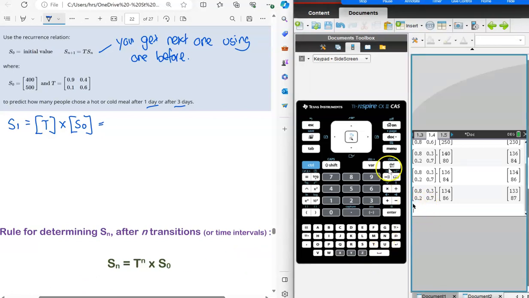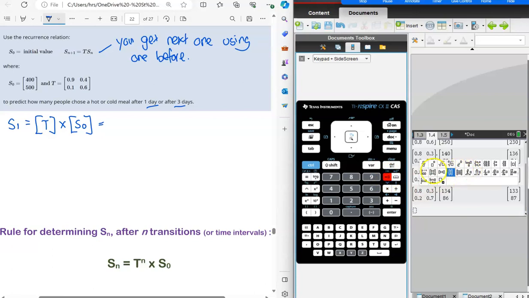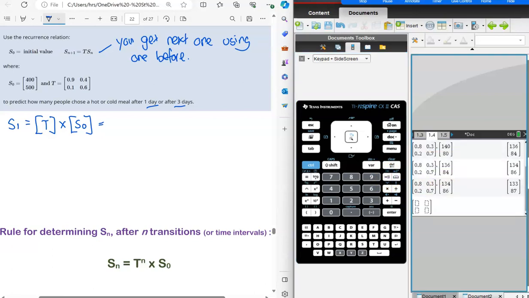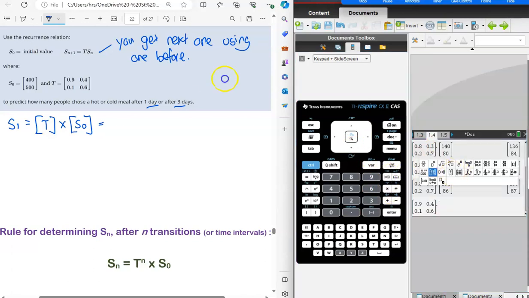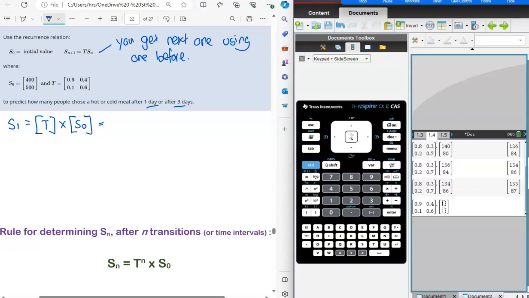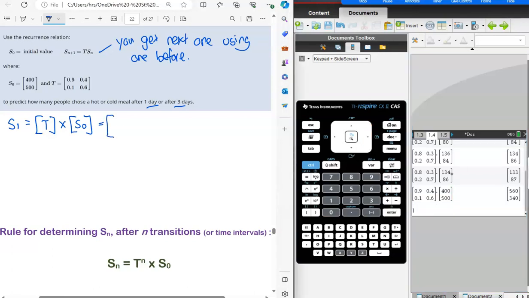So over here, I'm going to get a 2 by 2, 0.9, 0.4. Do the columns add up to 1? Are we checking that? Yep, they do. And then we're going to multiply it by a little 2 by 1. You can always keep saying these things in your head, and it helps you learn facts off by heart and makes you quicker in an exam and a test. All right, so there's the initial one. So then I find out what I've found out